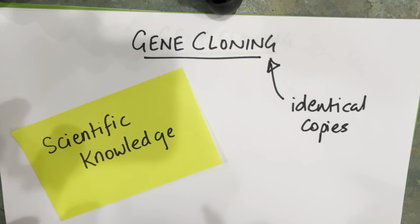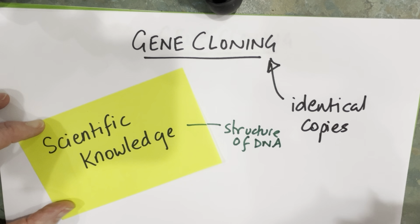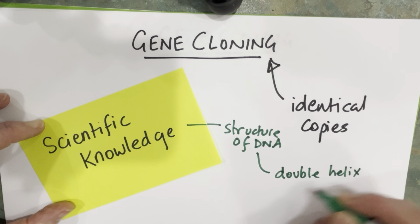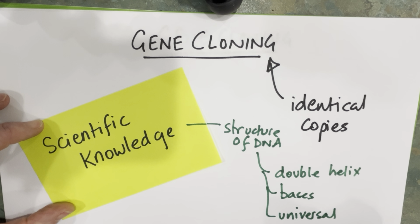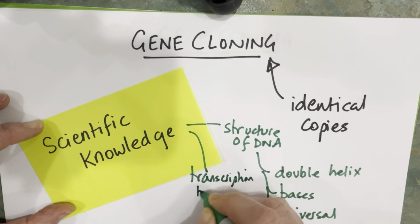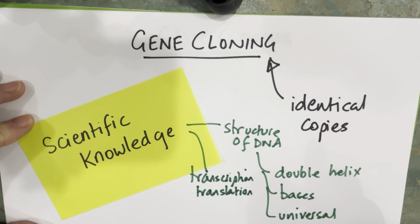And we already know about the structure of DNA. The fact that it's a double helix, it's got bases, and essentially it is universal in all living things. So DNA in bacteria and DNA in plants and DNA in animals, it works in all of them. So if we want to do transcription and translation, we have a universal code. So we can switch out DNA from plants and animals and into other organisms and quite happily still get proteins